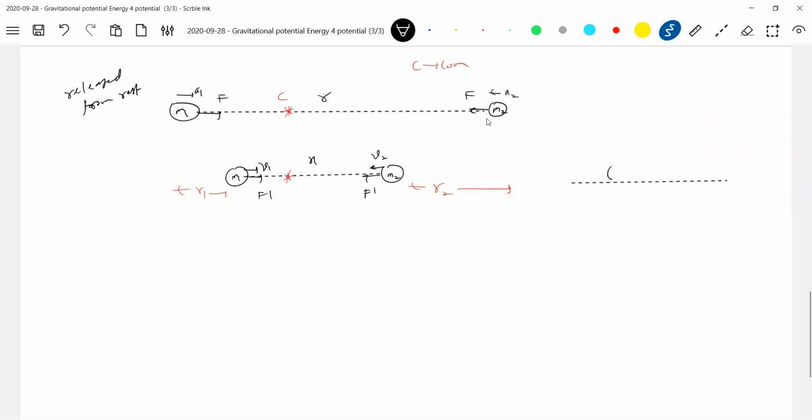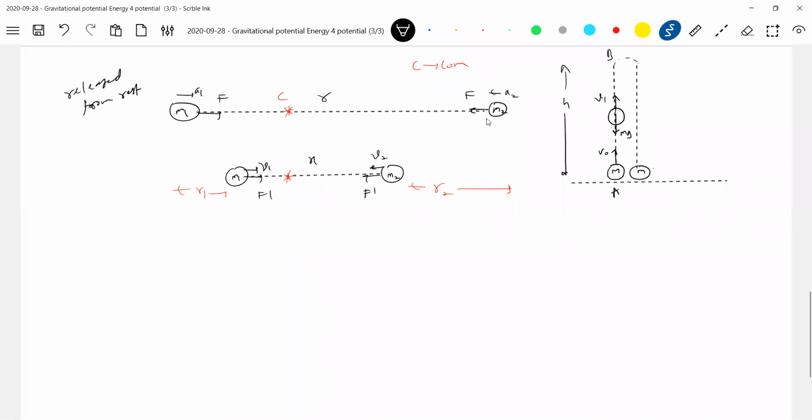I'll project a small body of mass m with a velocity, say v naught. As it ascends, it will rise to a certain height. What are the forces acting on it while it is ascending? Mg, nothing but the gravitational force, no? And it will have velocity, say v1. So what about it as it moves from A to B?